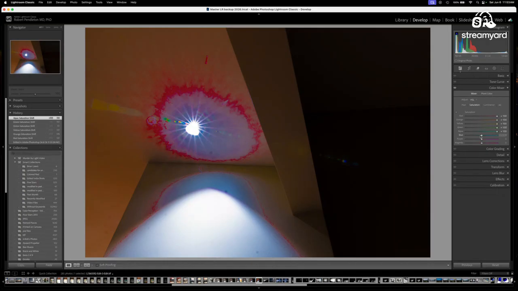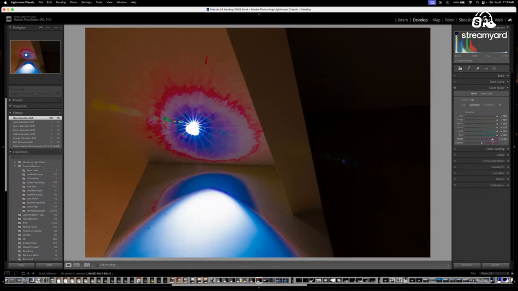Turn all the saturations up to 100. Now it's really crazy looking. Again, I feel like it's got too much magenta in it. Turn that down. The reds are a little crazy. So anyway, you get the idea. Maybe I think there's too much yellow again, so take some of the yellow out, or some of the orange out rather.